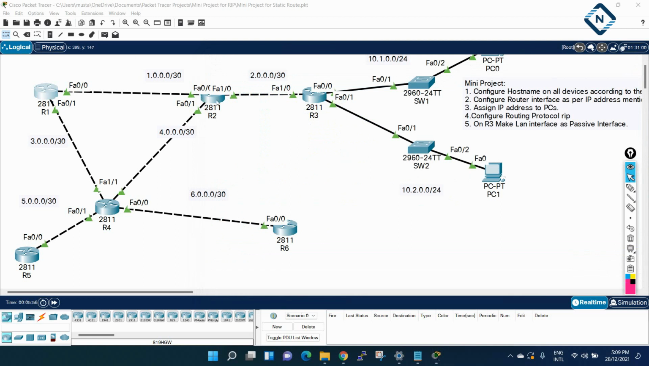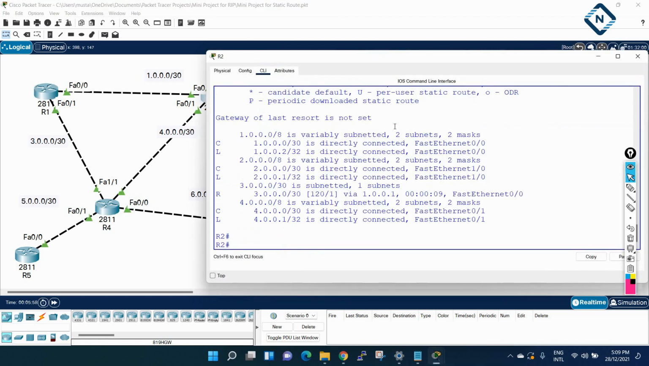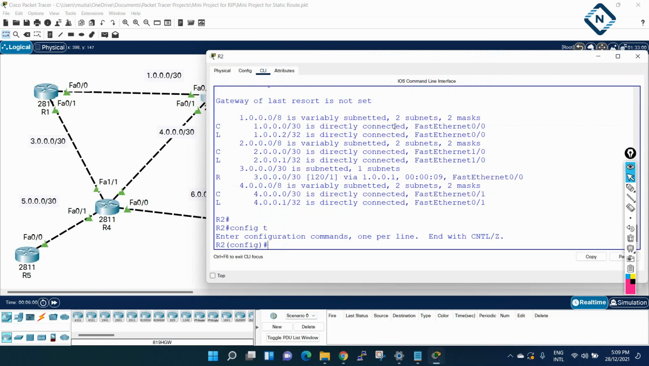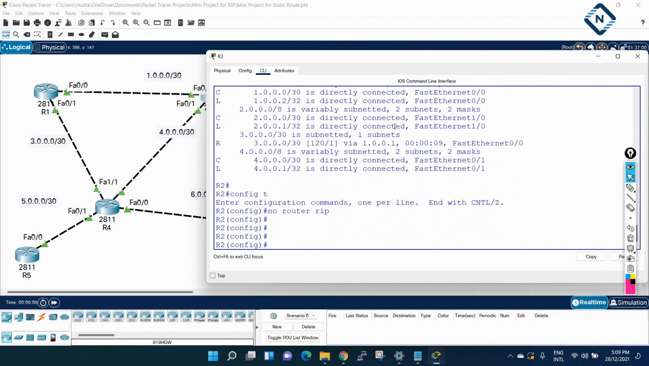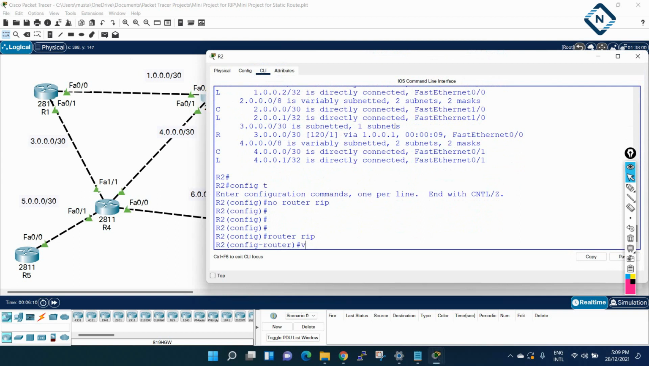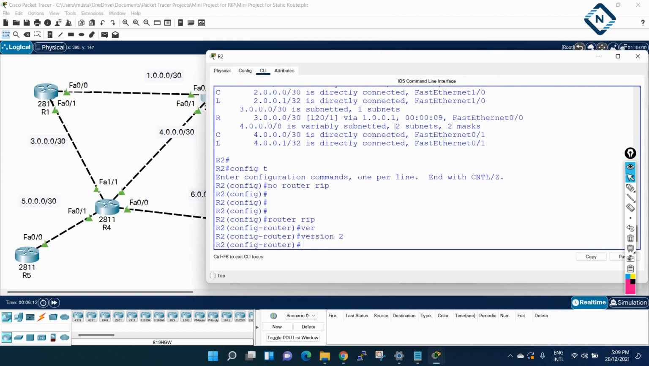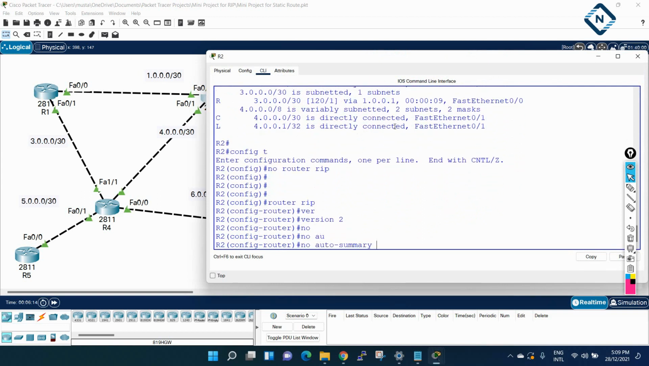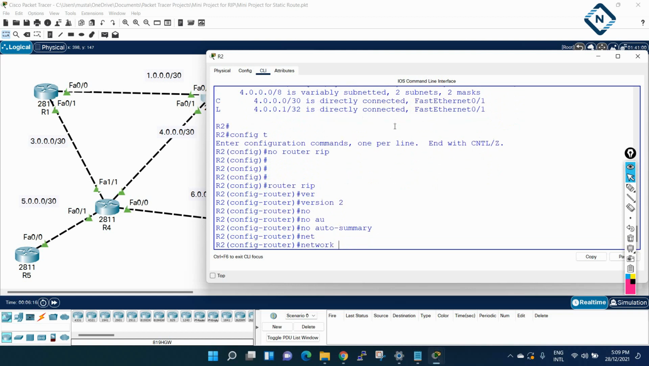I will remove it for R2 also, as many guys are saying they are having issues if we do it with the zero network. So I will write no router RIP. I remove the RIP now. Now I will write router RIP version 2, no auto summary, and then I will write network, and what network